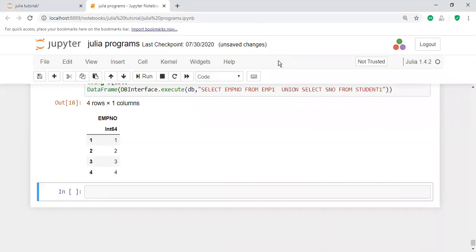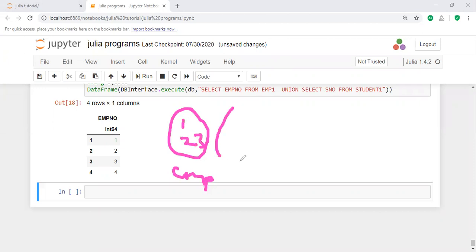Let us take this by taking a simple example. Here, what are the values of the emp table? The emp table consists of 1 2 3 values. And coming to the student table, the student table consists of 2 2 3 4.